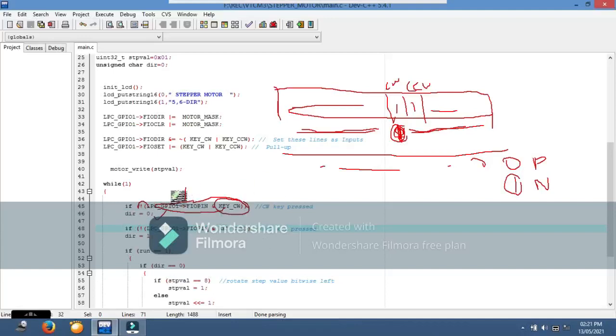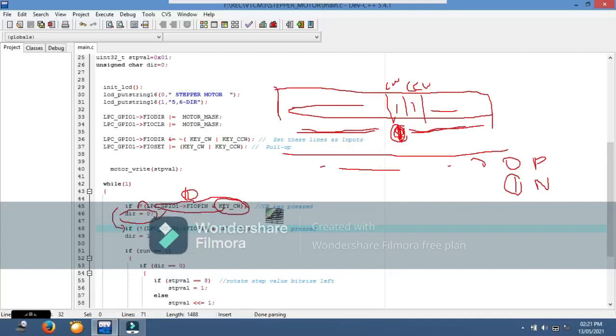If 1 means true, if true, the direction will become 0, right? If this is not 0, if it is 1, the not function makes it 0, right? So here, if not true, it will not perform dir equal to 0. It directly goes from this step to this step.